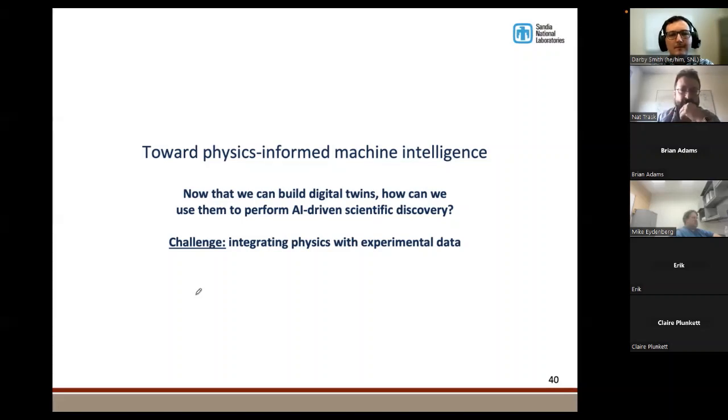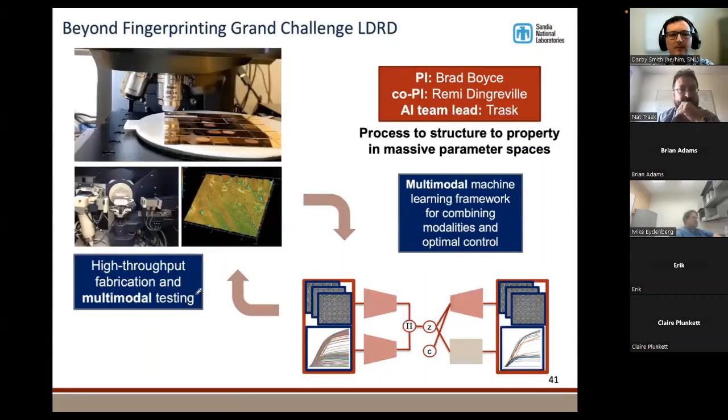But next I'm going to show a different way that you can use graphs, which is really related to this causality stuff that I mentioned at the beginning of the talk, right? And once you can identify and exploit causal mechanisms, now you can use that as a way to perform AI-driven scientific discovery. So one project I'm part of at Sandia, which I'm not really going to talk about, is this